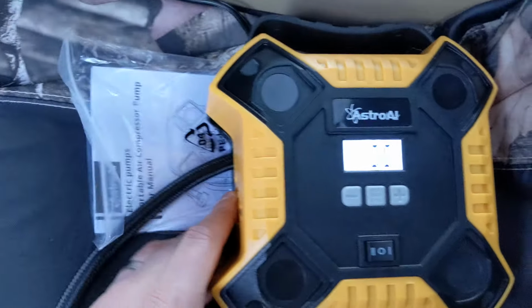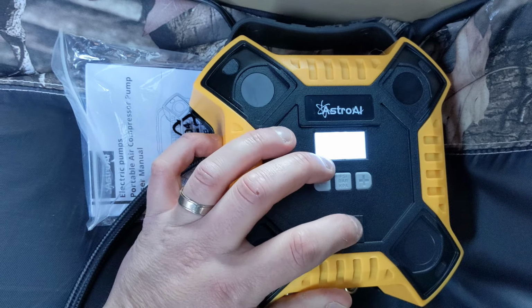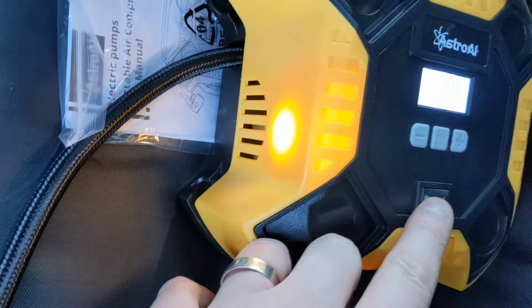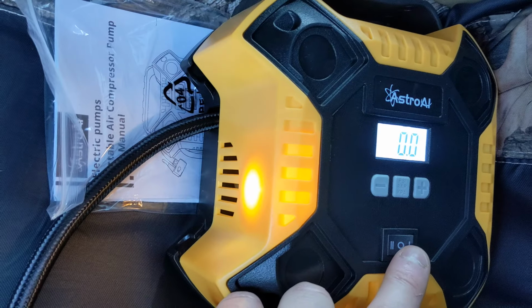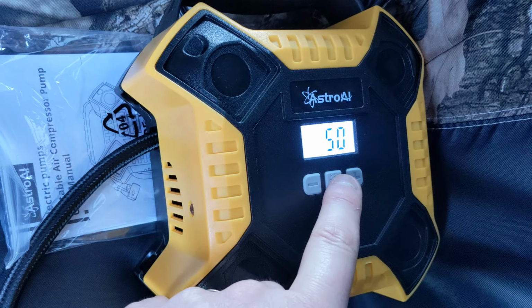Guys, as soon as you plug it into your cigarette outlet, it's going to turn on just like this. And you're going to be able to set the PSI to whatever you want, up to 160. And you also have a light on. So that's just a light. This is a light and it's on. You can press this to set the bar, KPA,